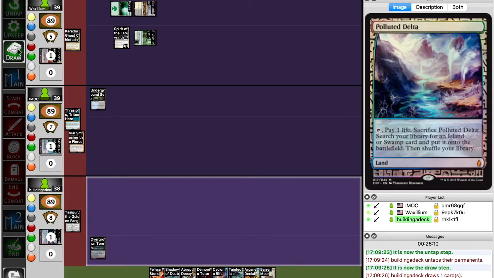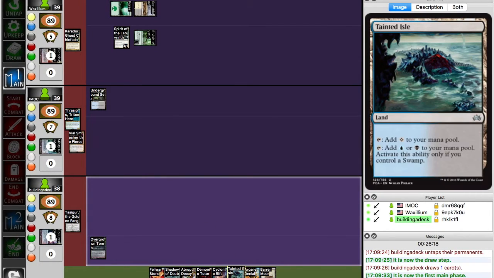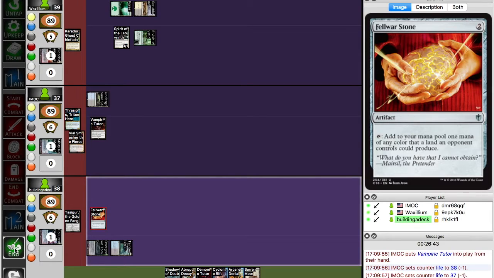Alright, so I draw a Barrenmoor, and in real life I drew a Mind Stone. So I'm just going to play the Felwar Stone here, because I would prefer to... I'm going to cycle this Barrenmoor. Not bad. I could have held up Shadow Doubt, but it just didn't seem like...